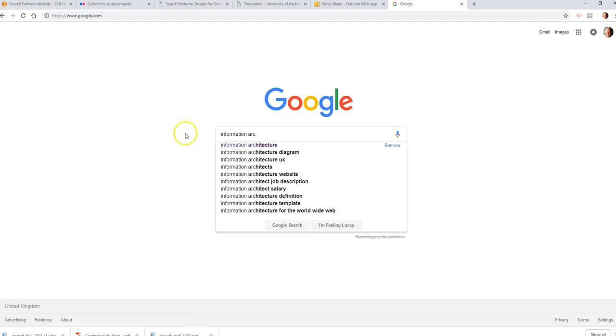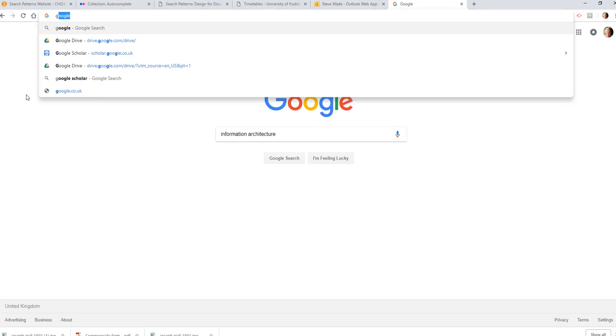And the things that are appearing are different because it's a different search. But the job description for an information architect might be interesting. And as I go through the full thing, there's this set of references that I could pursue. So a video of me using this feature in Google would be a useful addition to the description of that